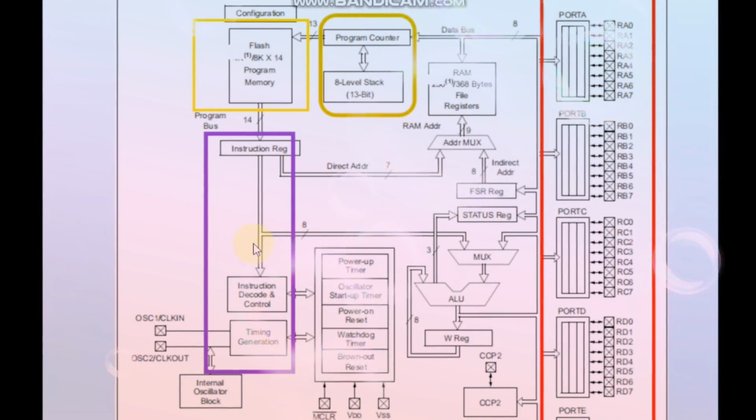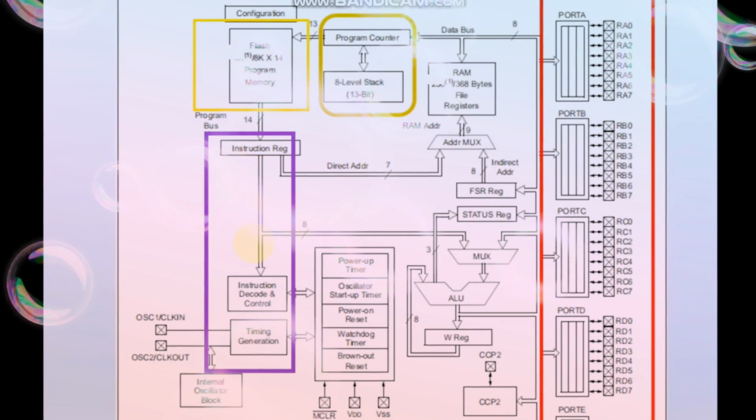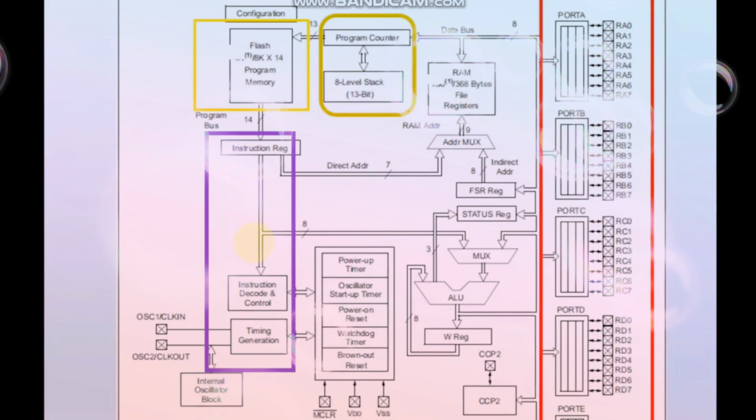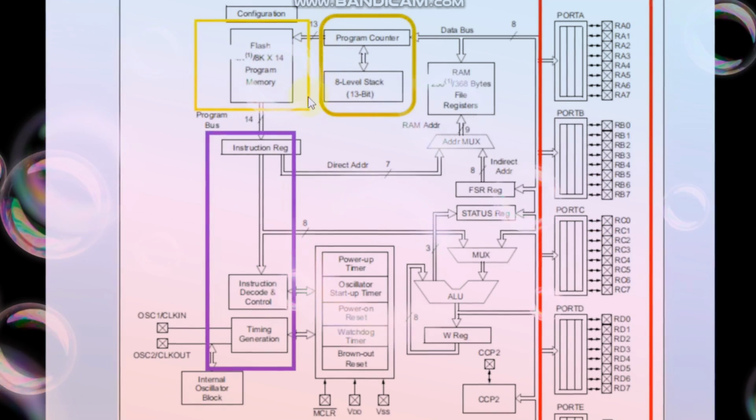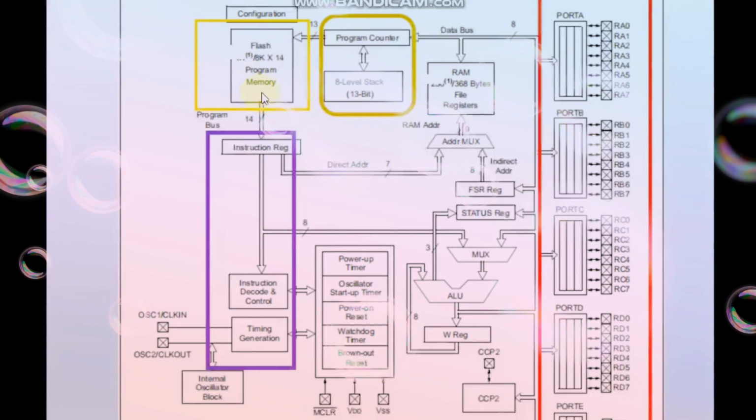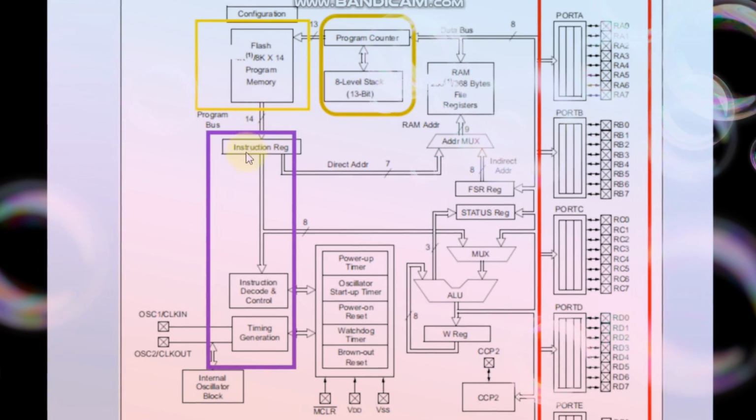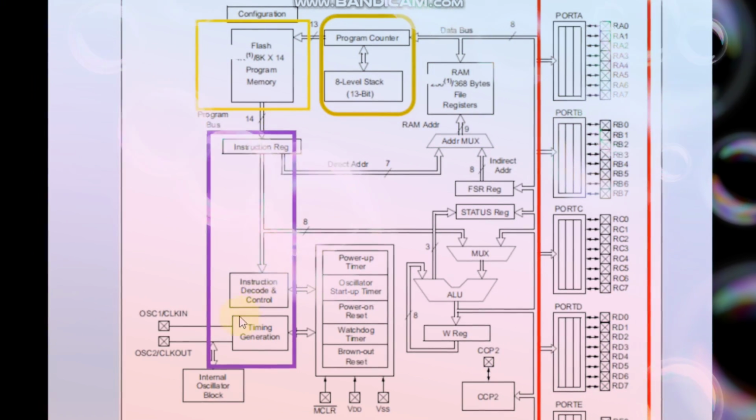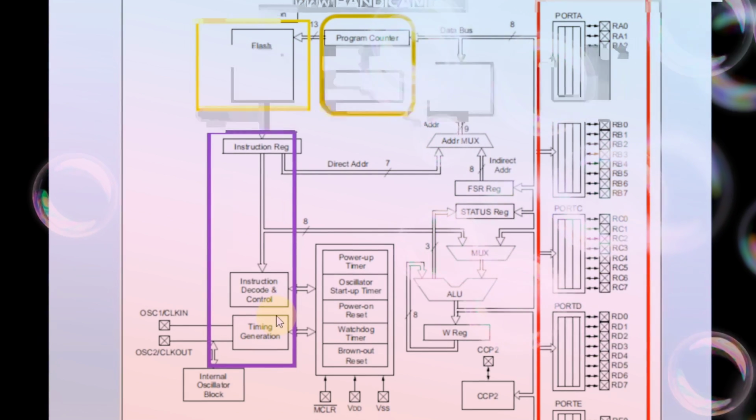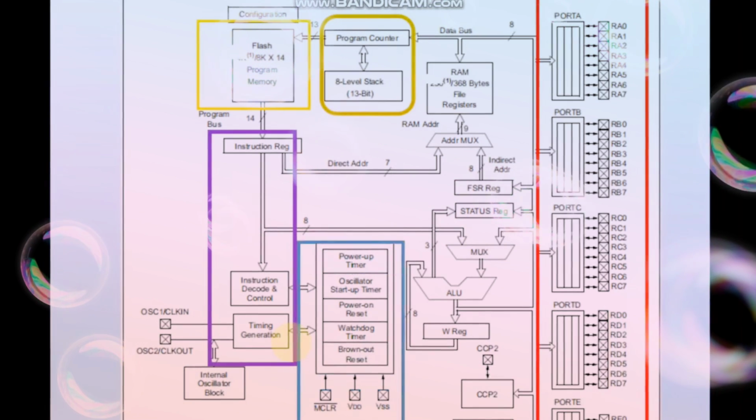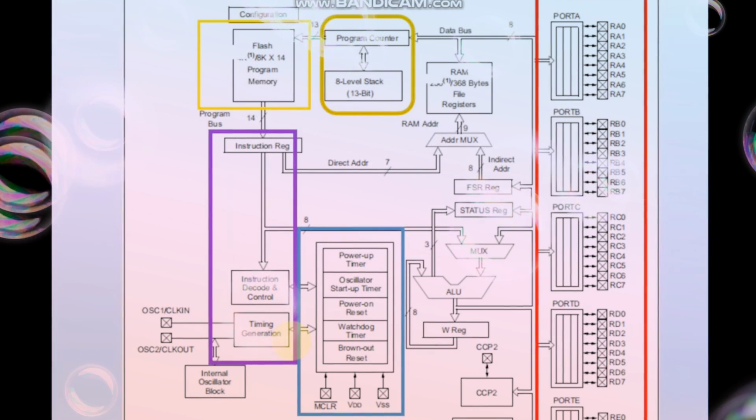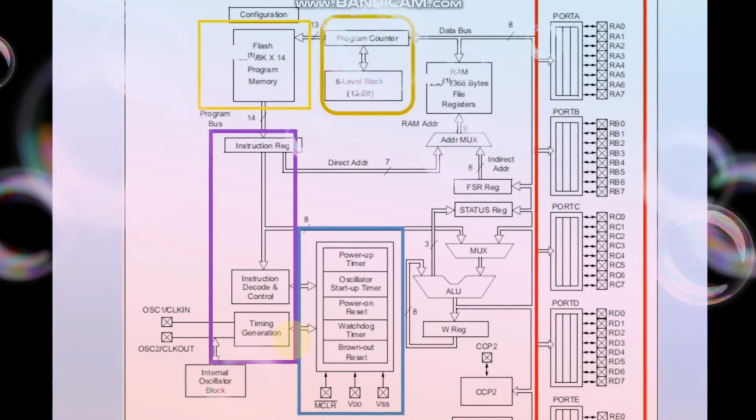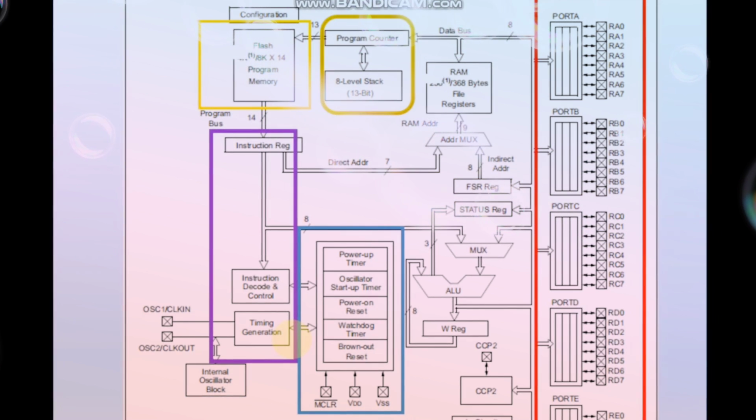We all know a microprocessor does not understand any other language; it understands only binary language. So whatever program is stored here will be in terms of codes. First, this code will be taken to the instruction register and given to the decode circuit to decode. Once it is decoded, it will be executed. Next, we have the power up timer, oscillator startup timer, power on reset, watchdog timer and brownout reset. These are the special circuitries available in